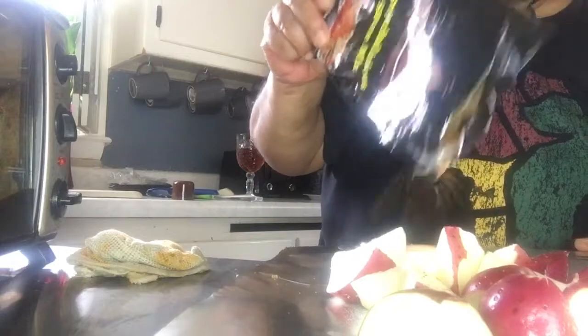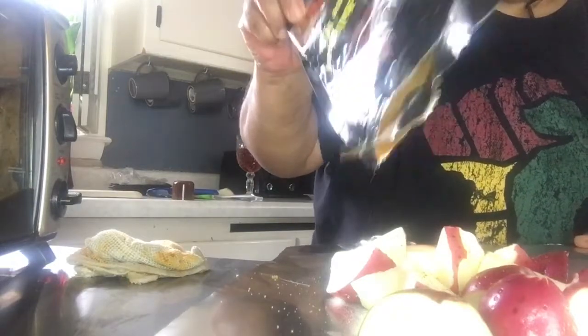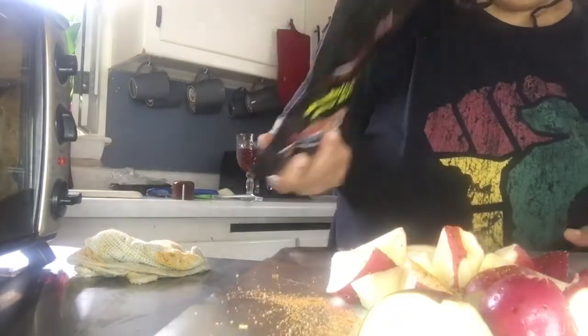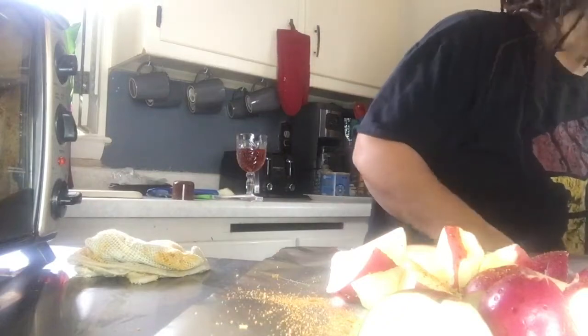A little of the BLove seasoning. Put them on the... Come on out of there. Put that on there like that. Then